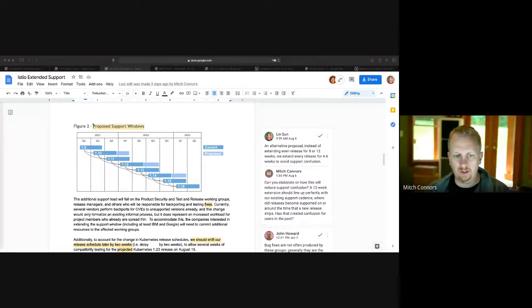So what I would love to leave with today is a first step towards extending support. We've heard proposals that we do every other. I think the product security working group had an idea where maybe we dark launch it effectively by doing all of the patchwork for 1.9 over the next quarter, but not shipping it, so that we get a better understanding of the workload that we're committing to before we make that commitment. I would just love to leave this meeting with a defined next step towards that.